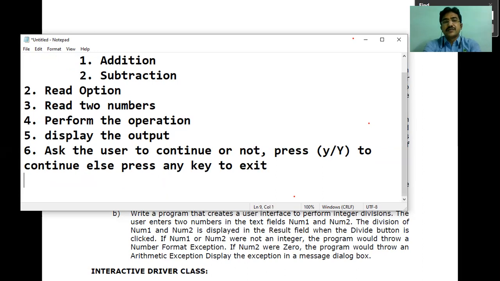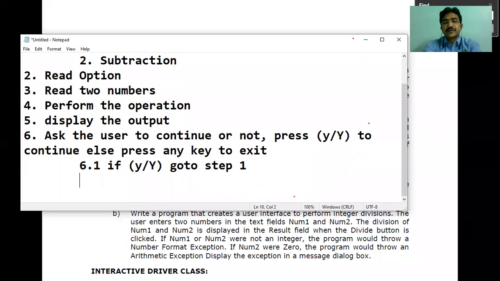Step 6.1 is, if it is small y or capital Y, then go to step 1. Step 6.2, else exit. So if the key is small y or capital Y, go to step 1.